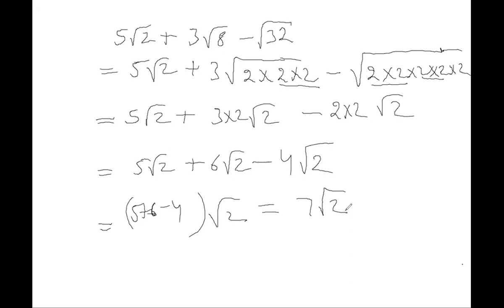So if we don't have like numbers, first we need to make them like. In case we don't have like numbers, first we need to reduce them to like numbers. I'm using the wrong word. If the numbers are not like numbers, we have to reduce them to like numbers.